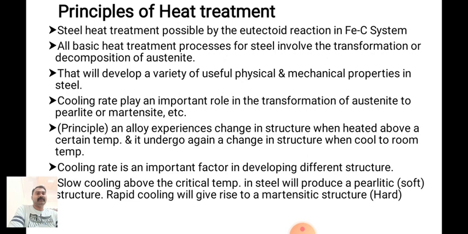Okay, so in which way we will do the heat treatment process, the cooling rate plays an important role. Whatever heat treatment process we perform, suppose we have to perform it on any steel component. What we will do is heat that steel component in the furnace. After reaching a certain temperature, suppose we consider 810 degrees Celsius, that temperature is maintained for a certain period of time. Certain period of time means 5 minutes, 10 minutes.